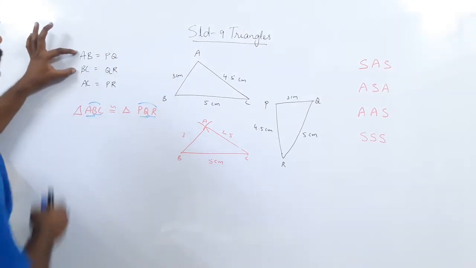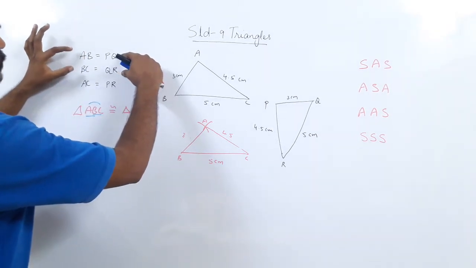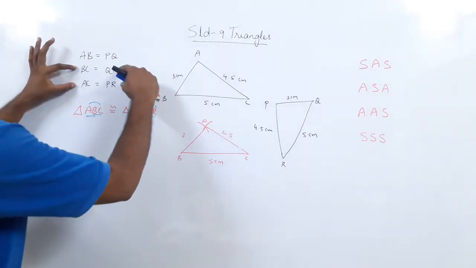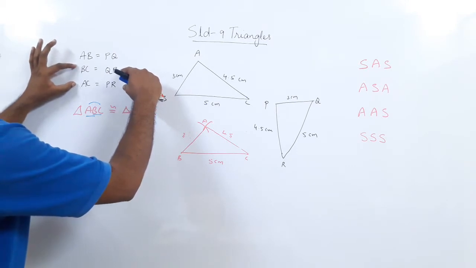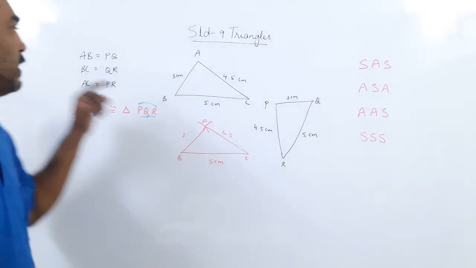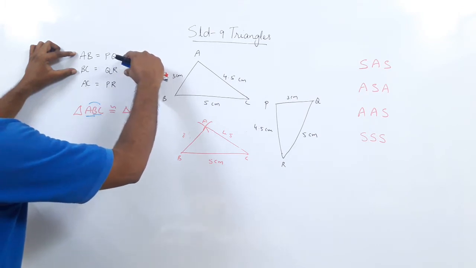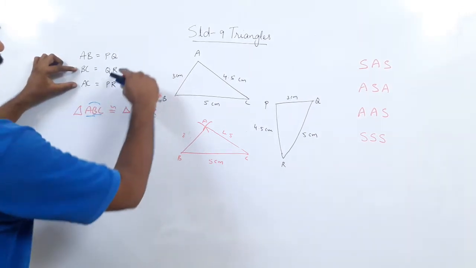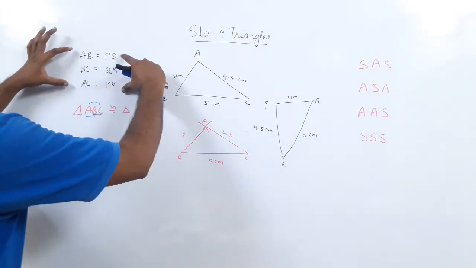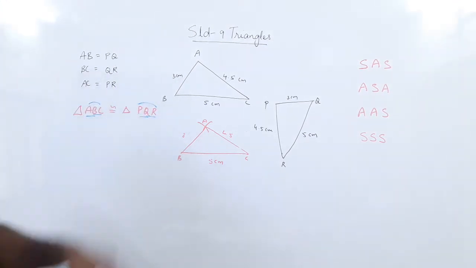Now AB and BC, what is common? B is common. PQ and QR, what is common? Q is common. So B corresponds to Q. In the other two sides, C is common and here R is common. So C corresponds to R. So once you check out the sides, write down which sides are equal. Looking at the first two sides, B is common and here Q is common, so B corresponds to Q. If you write these two sides, C is common, R is common, so C corresponds to R. If you look at these two sides, A is common, here P is common, so A corresponds to P. Check it out and write.